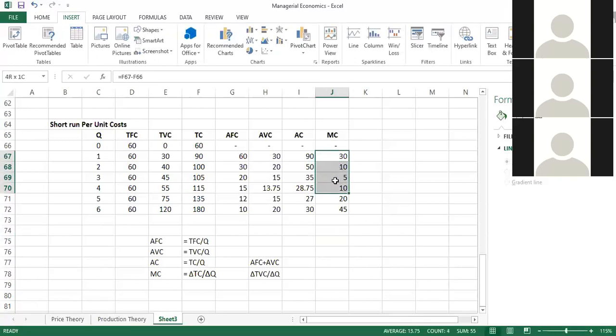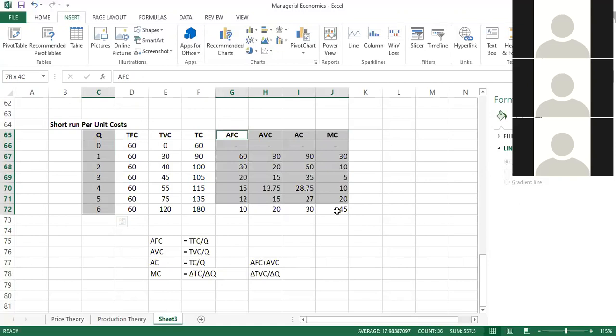Marginal cost also decreases only up to a certain level, and after that it starts to increase. So we can see average variable cost, average cost, and marginal cost, all three curves decrease at the beginning but start to increase after a certain level of output. So if you draw a graph using this information,